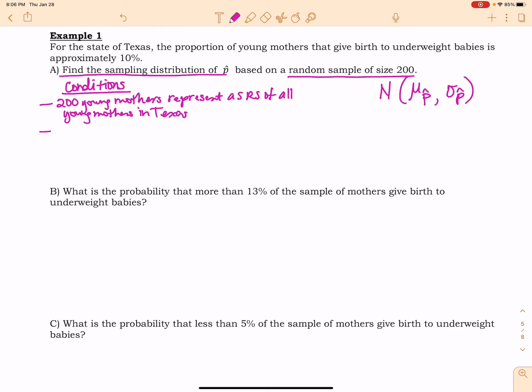The second condition, there's no reason to assume that these young mothers are not independent, so we are just going to conclude that these 200 young mothers are independent. 200 is less than 10% of all young mothers in Texas. Now, this is something that we're kind of just making the assumption, okay? So it actually might be better in this particular situation, since we don't know how many there are, for us to say something like